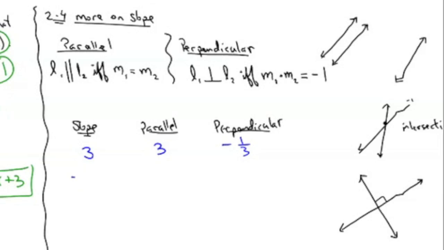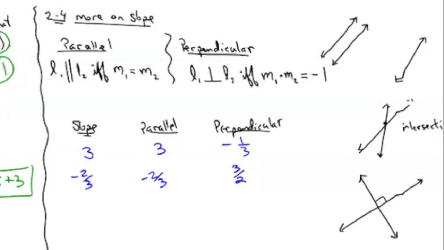If I have negative 2/3 as a slope, what would be its perpendicular slope? 3/2, positive 3/2. What would be its parallel slope? Negative 2/3. Now, you're all going, oh, that's easy. I'll never mess that up. I will ask on the test, give me the equation of a line that is parallel to this given line. The slope of the given line will be negative 2/3, and they change the slope to 3/2.